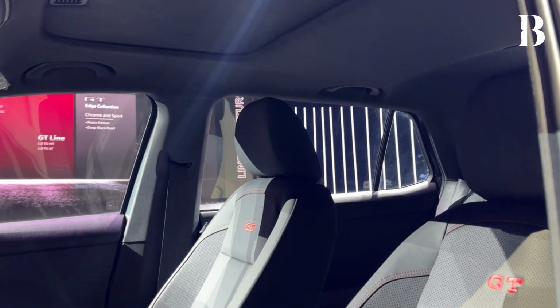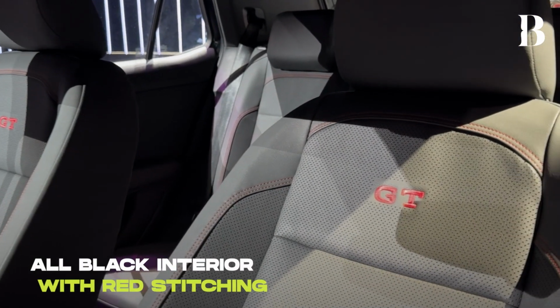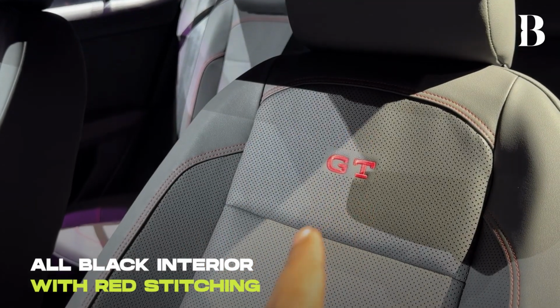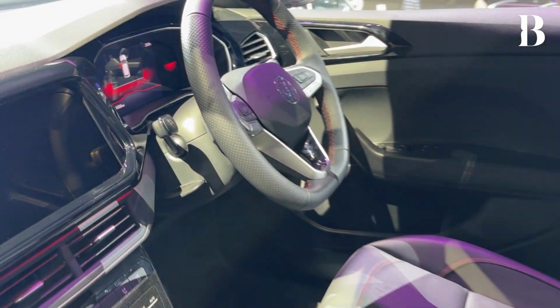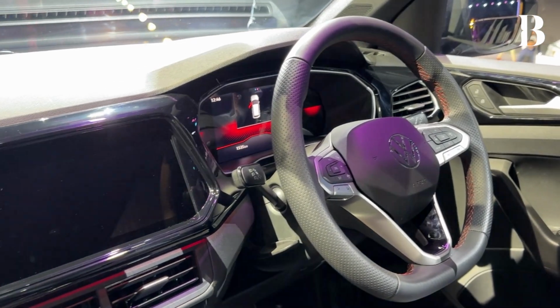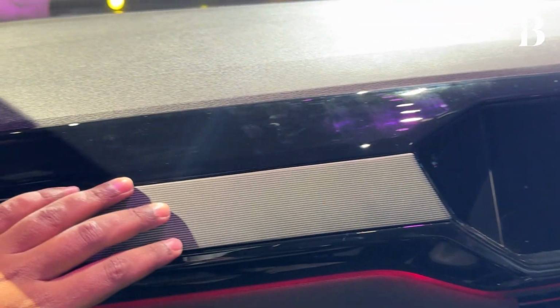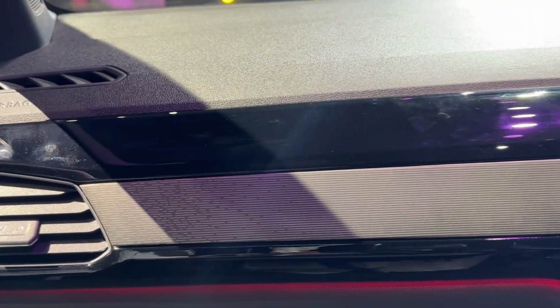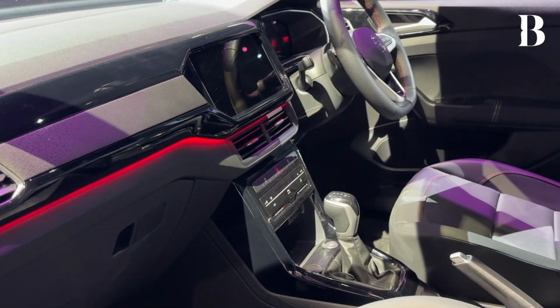roof liner, the A-pillars and the seat upholstery, which gets perforated leather and red stitching, including the GT badging right there. Coming to the steering wheel, you can see this also gets the black and red stitching treatment, and the dashboard goes there to match as well. Now this element here is special to the GT Plus Sport, and overall the car does look even more premium